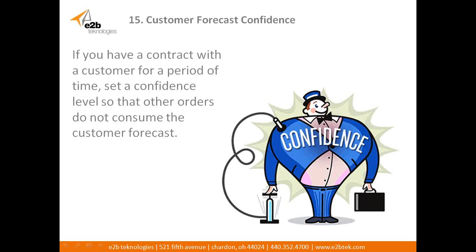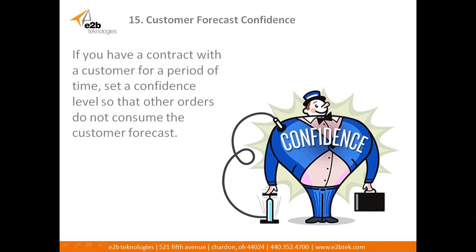What I don't want to happen is for a Bluebird order to come in from somebody else. Let's say I've got a forecast out there for June for General Motors for 1,000 units of this item, and I've got a contract with them. I know that order is going to come in. But all of a sudden, one of my sales reps sells 1,000 units of the same item to somebody else. Well, I haven't gotten that order yet from General Motors, so I'm going to ship the 1,000 units in stock to this other customer that was my Bluebird order. And now what happens? I don't have the stock on hand to fulfill General Motors,